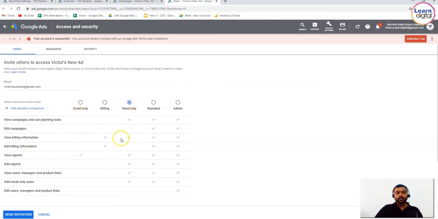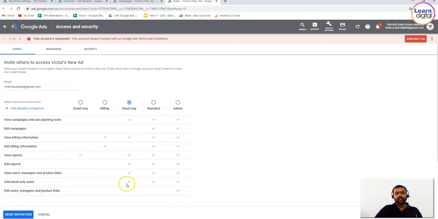If I click on the read only option, can you see the option? So he can read it, but he cannot edit it. The edit option is there only for standard and admin. Okay, so you have view campaign and use campaign planning tools, edit campaign, view billing information, edit billing information, view reports, edit reports, view users and manage product links, add email only users, edit users and manage product links.